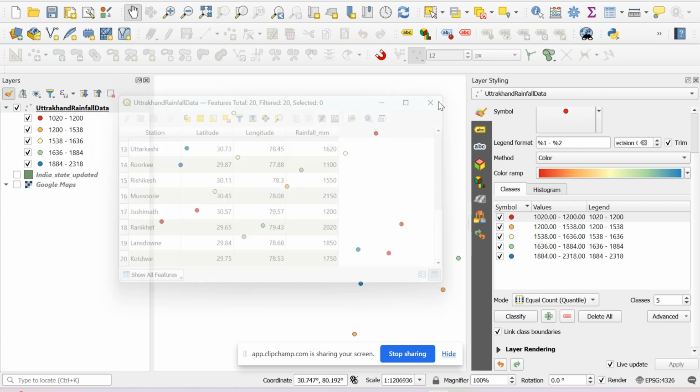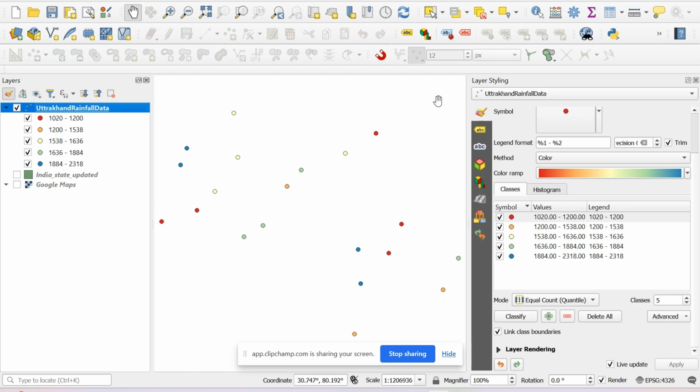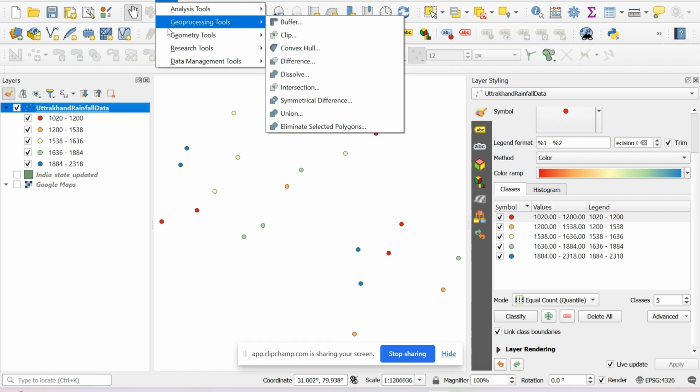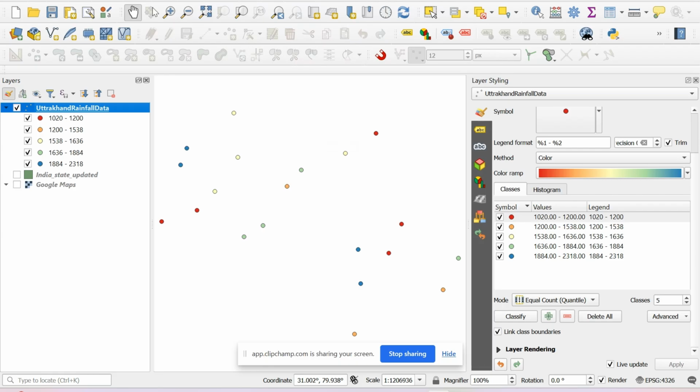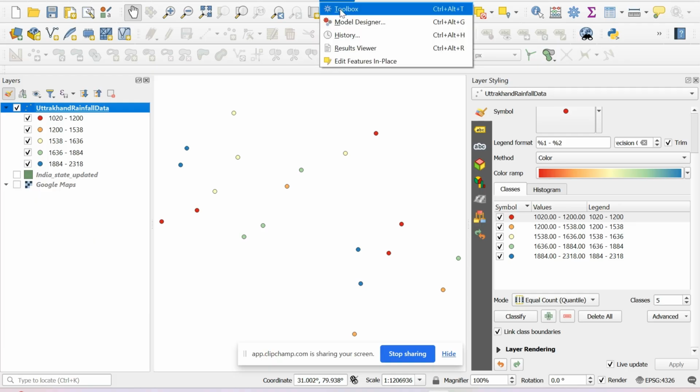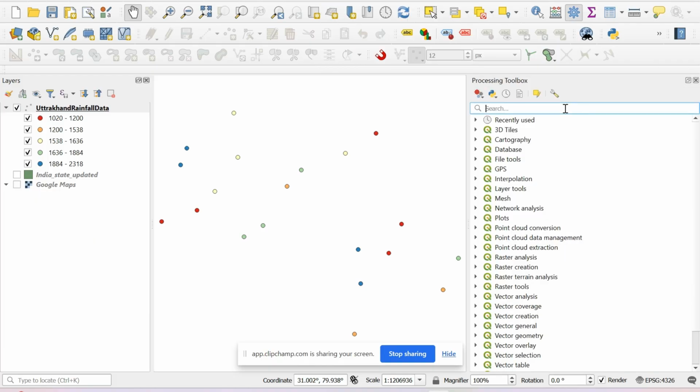Otherwise, the spatial average will become erroneous. So what we will do next is select the Thiessen polygon. In order to create a Thiessen polygon, we will go to the vector menu and then the geometry tool. In the geometry tool, we can see there is a function known as Voronoi polygons. Either you can go by this, or if you forget in which menu Voronoi polygon was there, just go to the processing toolbox. I'll close this symbology layer and search for